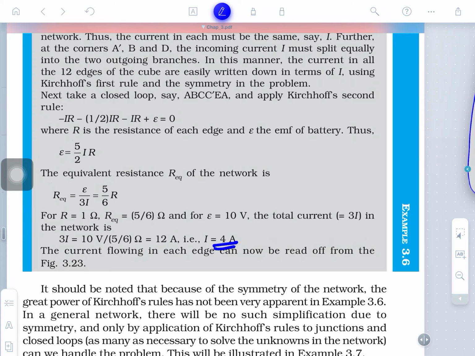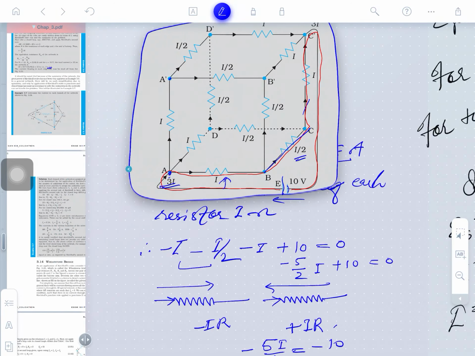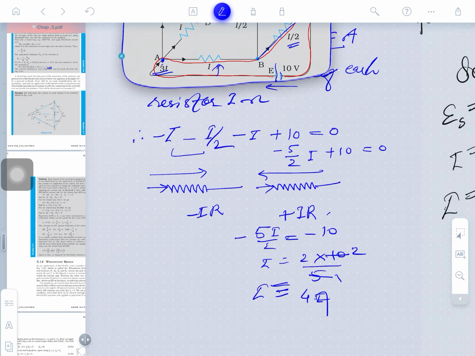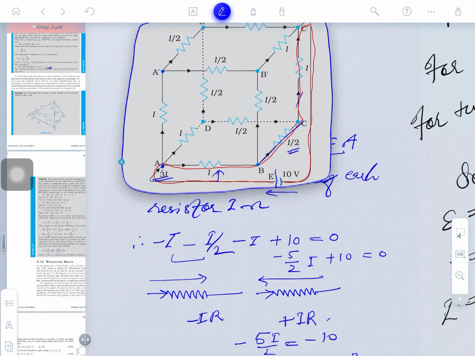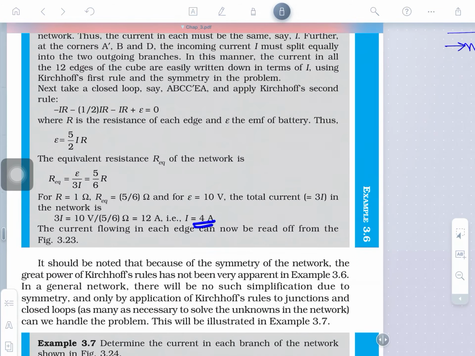So current drawn from the battery is this. This is a simple method to solve the questions, but before applying this law you have to understand why. The resistances are identical, so equal, and all the three sides are connected along equal resistance. If equal resistances are connected, the same amount of current is to be drawn. Well understood? Now the next question is also there.